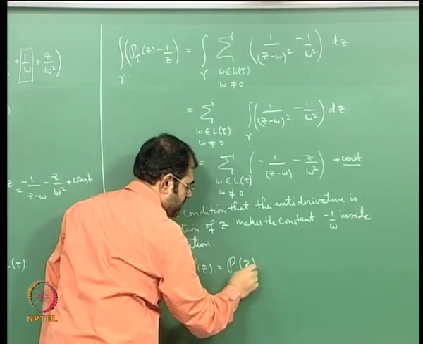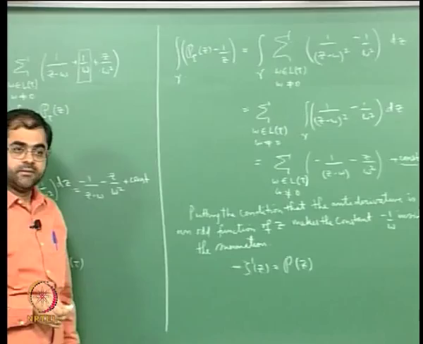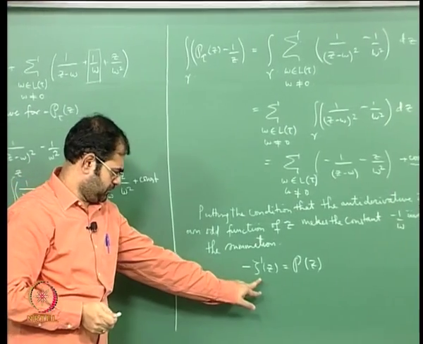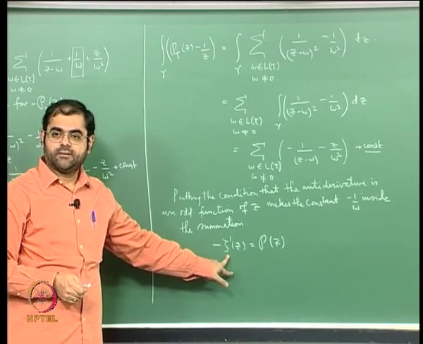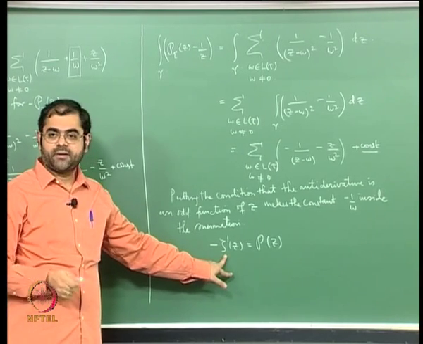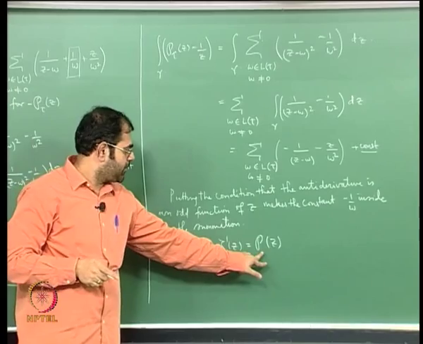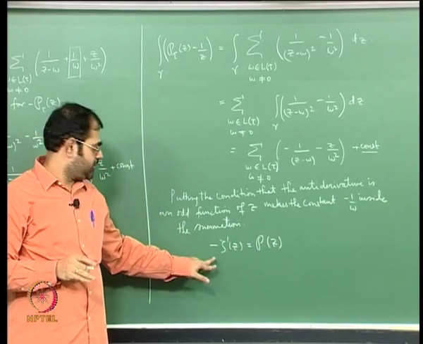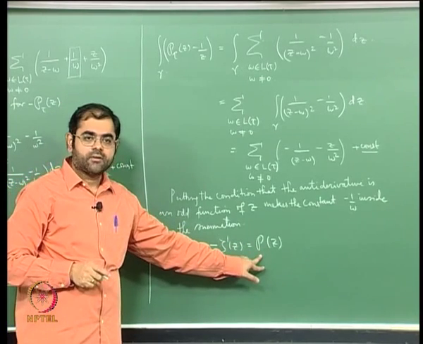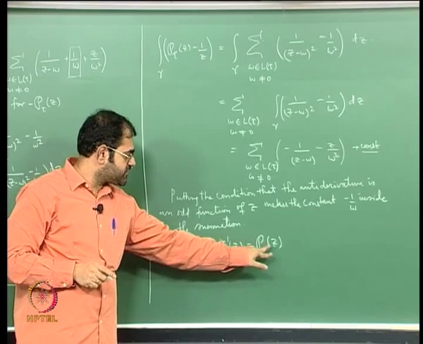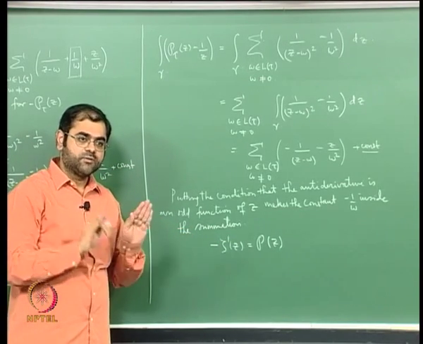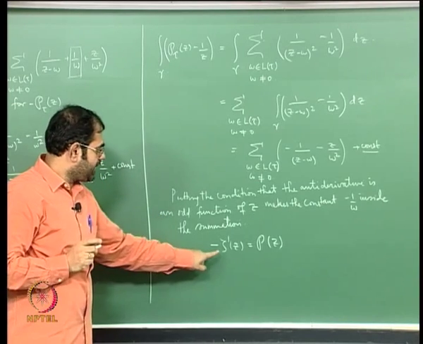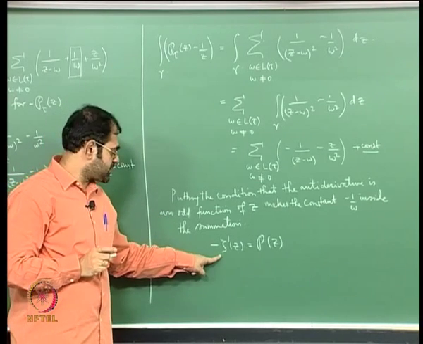So zeta prime of z is minus of this, which is the phi of z. This is the phi function. In principle I should keep remembering the tau, but for the moment let me drop the tau in the subscript, so I write phi of z instead of phi sub tau of z. Please remember that the tau is there in the background. So I get this. Now why did I do this? What is the advantage of doing this?